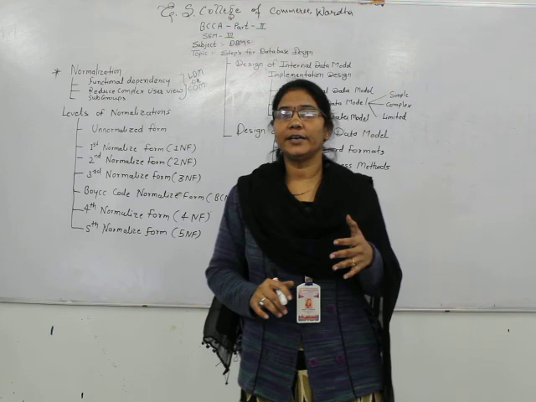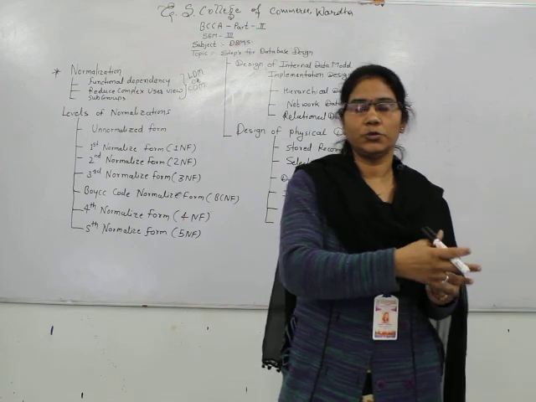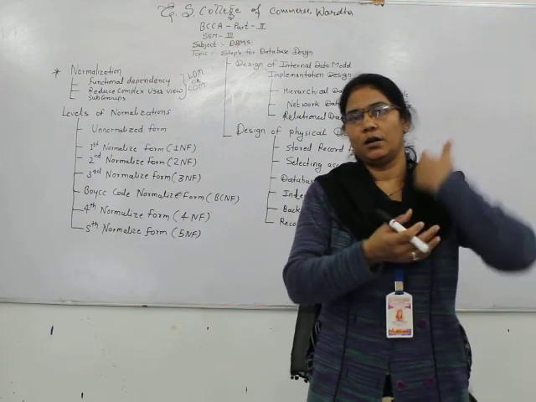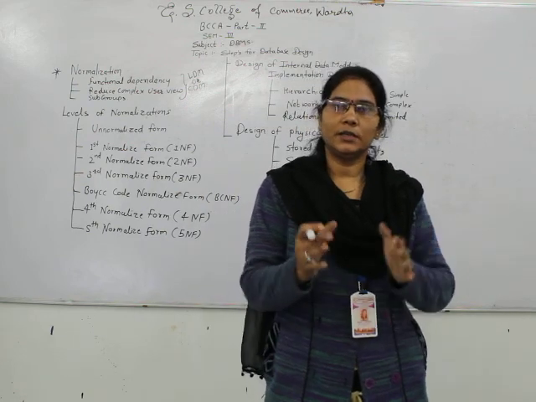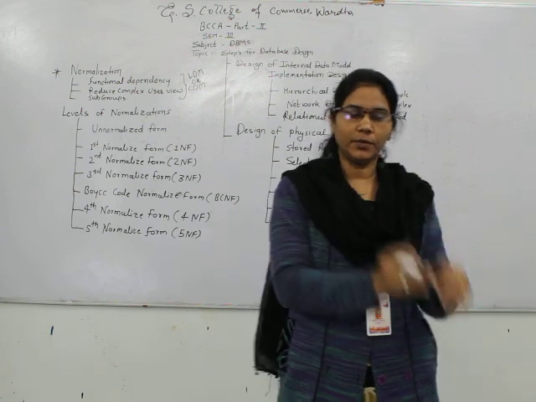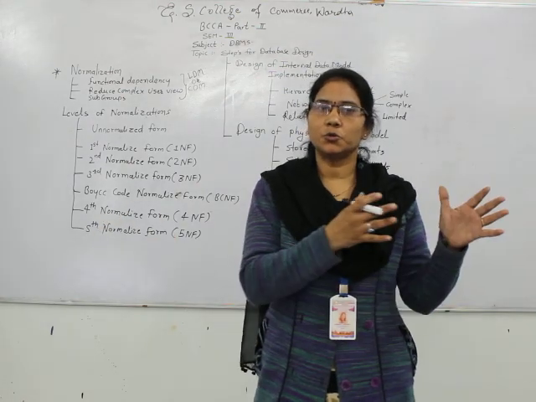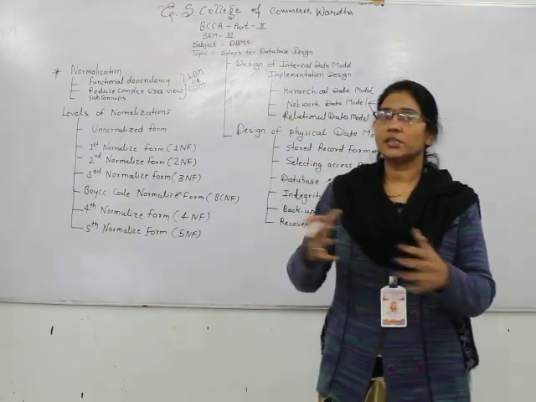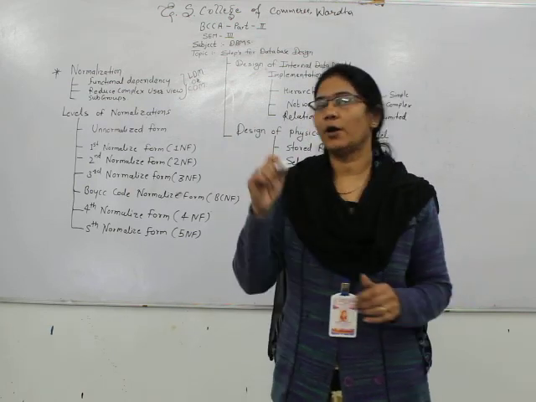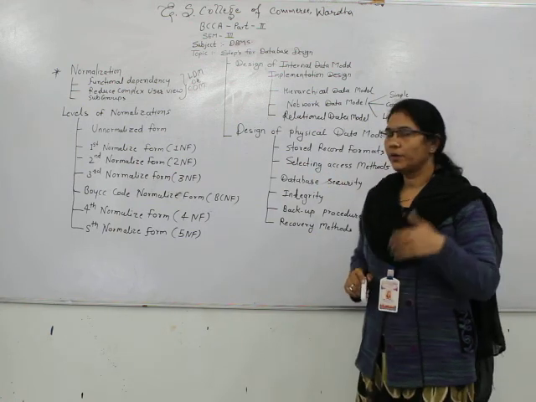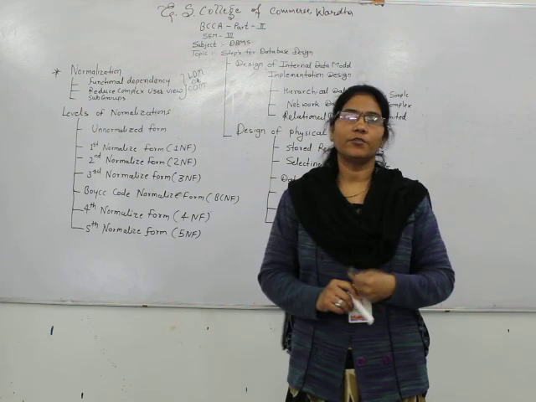Then we have to select the access methods. That means how we are going to access the data stored in our database for report generation in the information system. Basically this is the transaction of our data from the secondary storage location to our information system. So that bridge between the database and our information system we have to decide here: how we can access and retrieve the data from the database.